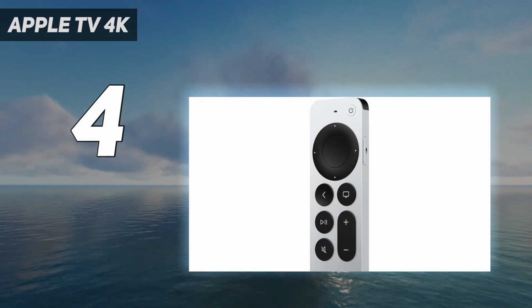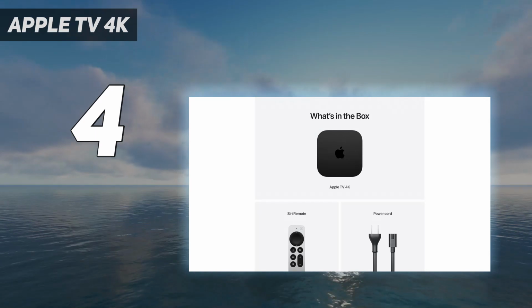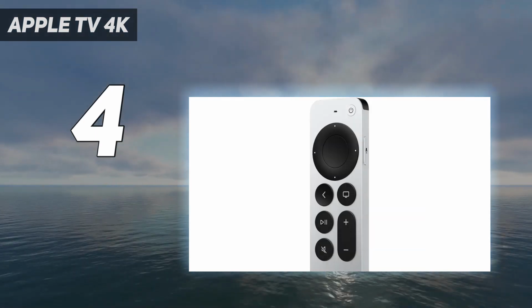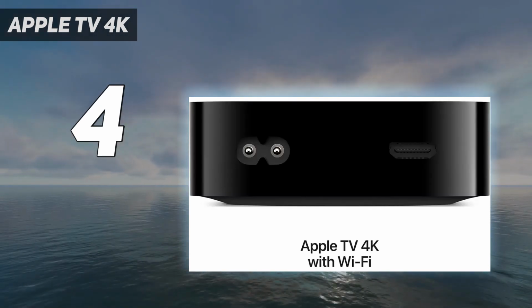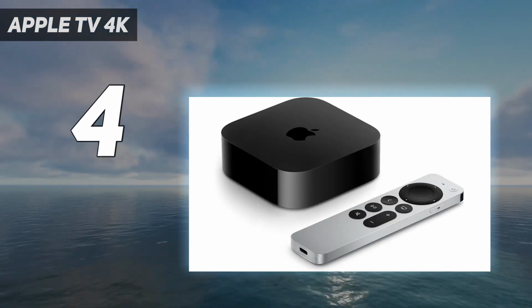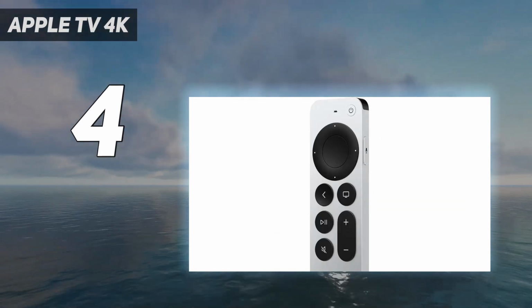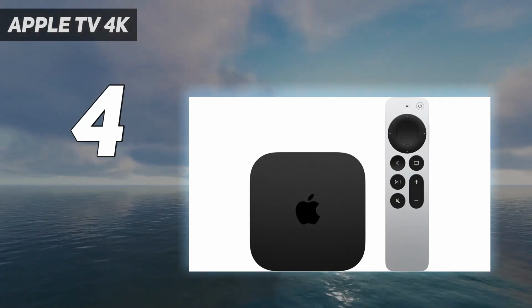But that's just the beginning. Apple's supercharged the Apple TV 4K with the new A15 Bionic system on chip, delivering some of the fastest load times we've seen on any streaming device. For example, it beats the latest Fire TV Cube and Roku Ultra on loading Netflix, YouTube, Disney Plus and Spotify. On top of that, HDR10 Plus finally arrives, if your TV supports it, and the remote finally charges over USB-C